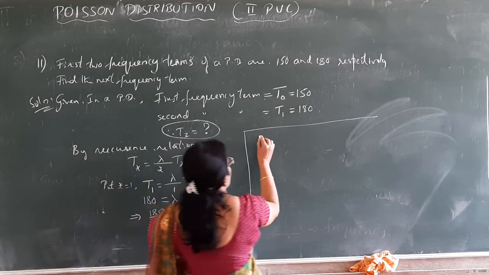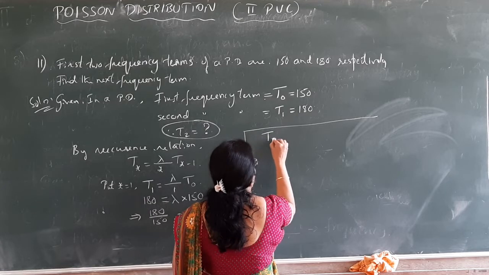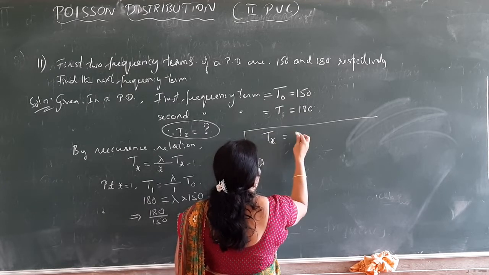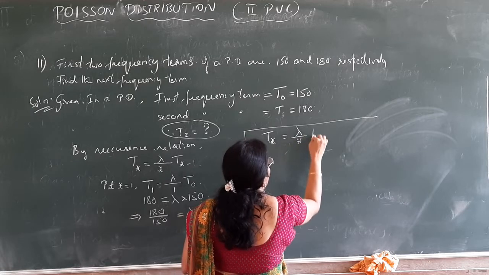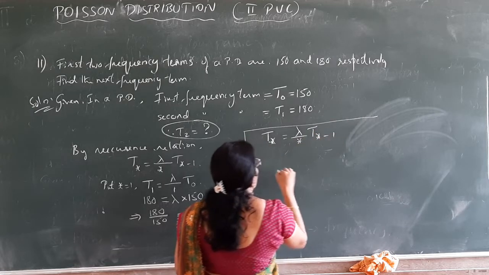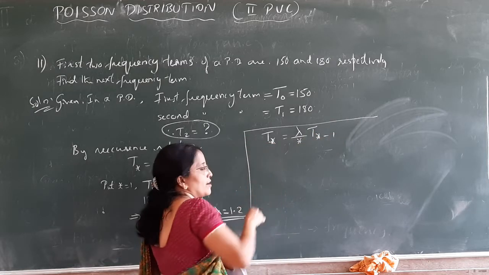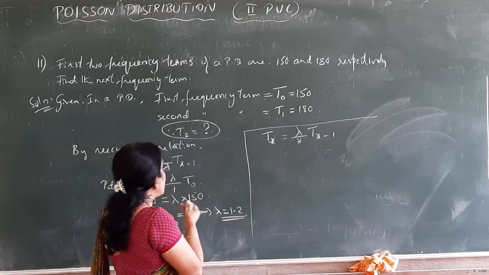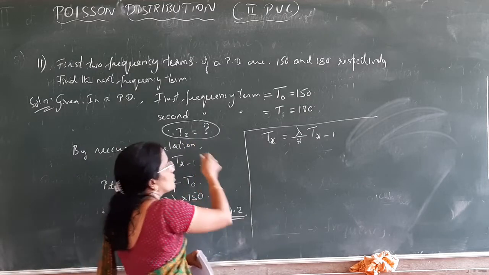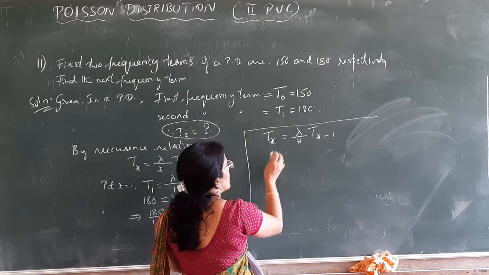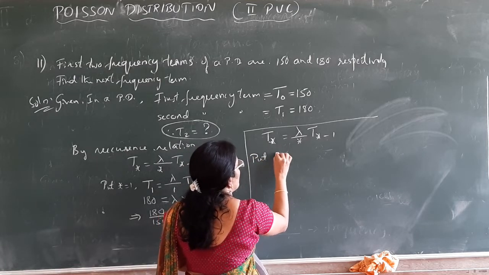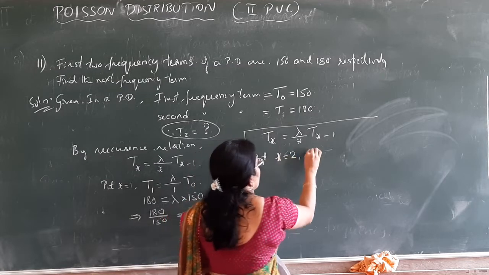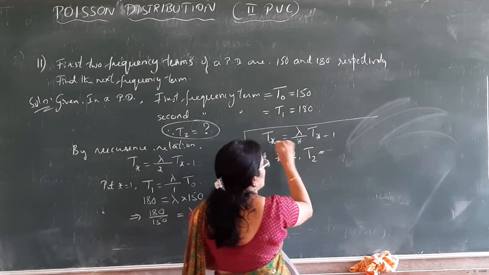Now once again use the recurrence relation, Tx is equal to lambda by x into Tx minus 1. Now which x we have to consider? T1 over T0. I have to find T2. So suppose if you are going to put x is equal to 2, what happens? Put x is equal to 2, then T2 is equal to lambda